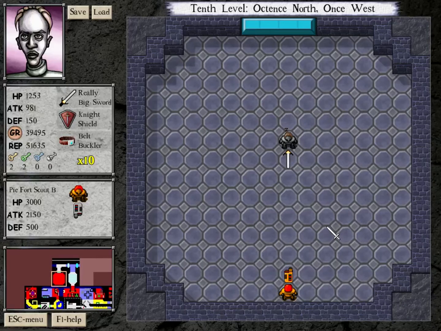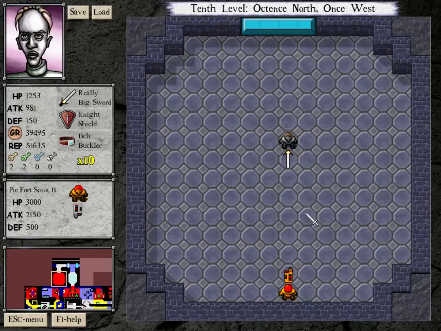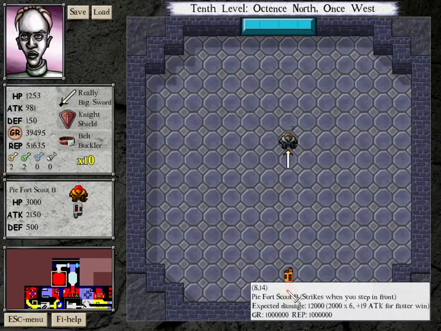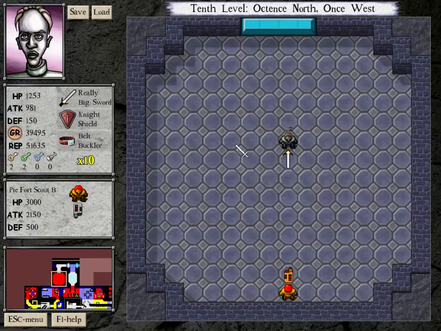7 times 450 is 3,150. So 450 is 2/3 of... Oh, wait, no. So basically we need 1/7 of 3,000, which is 428. Yep. Plus 500. So hang on, that can't be right. I'd believe it, if we have way too much attack here. So if we only went in with 928...